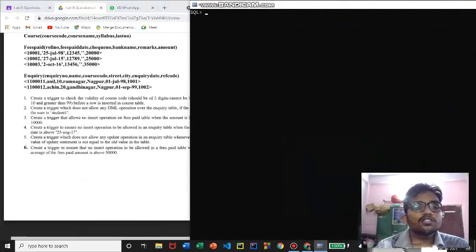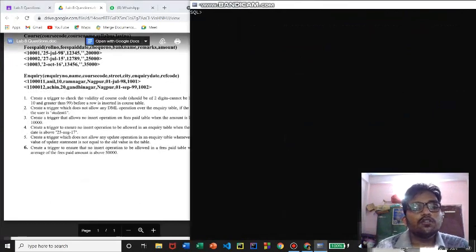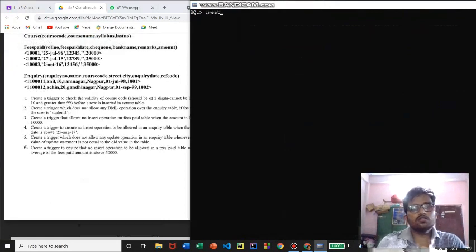Now coming to the sixth question, create a trigger to ensure that no insertion operation is allowed in the fees paid table when the average of the fees paid amount is above 50,000. So to solve this, we'll declare a variable, and we'll store the average of the amount column in that variable, and we'll check with that variable. Now we'll solve this. Create or replace trigger T6 before insert on the table name